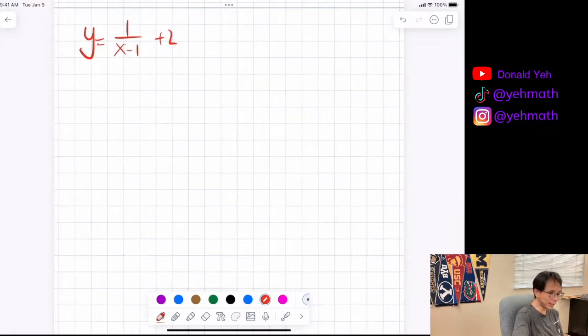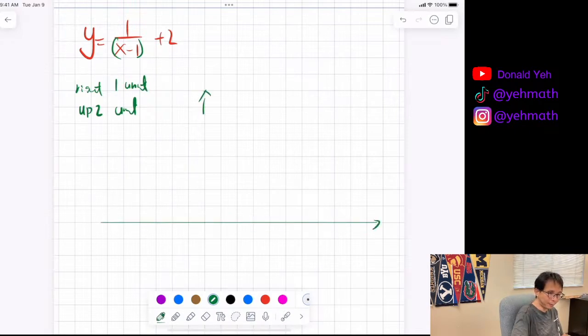Okay, so this is the 1 over x graph, right? But if you think about it, there is a parenthesis over there, just like whatever is in parenthesis before. So that is going to be what? It shifts to the right 1 unit because it's inside a parenthesis. Even though I didn't write any parenthesis, now you know there's a parenthesis there. And it's going to go up 2 units. So then your graph